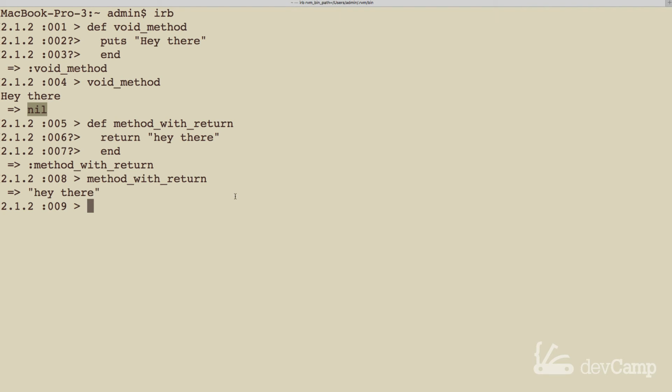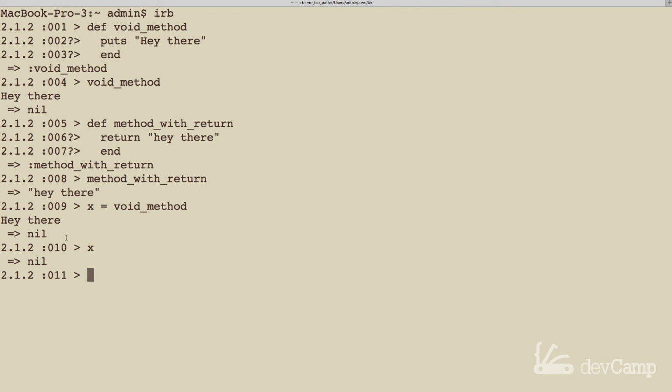Let's create a couple of variables. I'm going to create a variable called x, and I'm going to set x equal to our void method. Now if I hit this, it's still fine. You notice how it gets printed out. But now if I type in x, all that happens is that x returns nil.